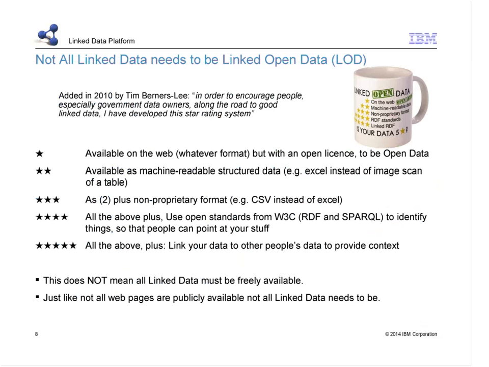The confusion was made worse by the fact that Tim Berners-Lee, who is a strong advocate for making more data available for free on the web, produced several years ago a rating system, referred to as the STAR system, with 5 different levels. It was really meant to encourage governments primarily to publish their information on the web so that it would eventually be part of the big linked open data cloud.